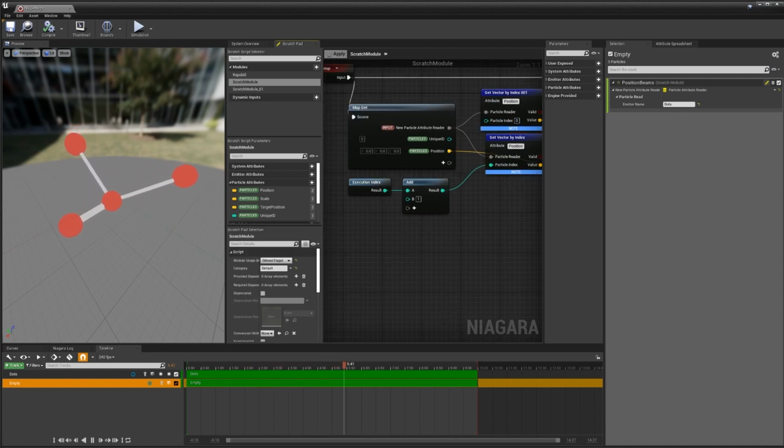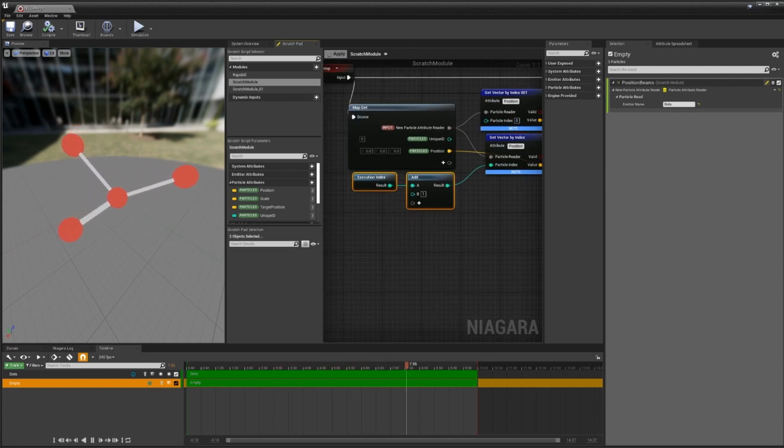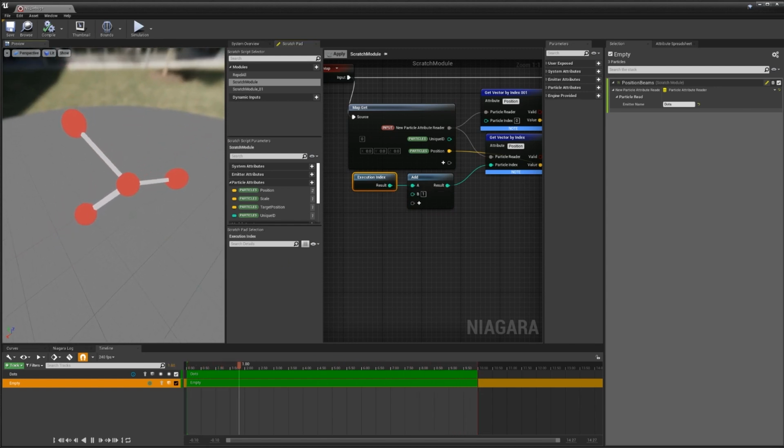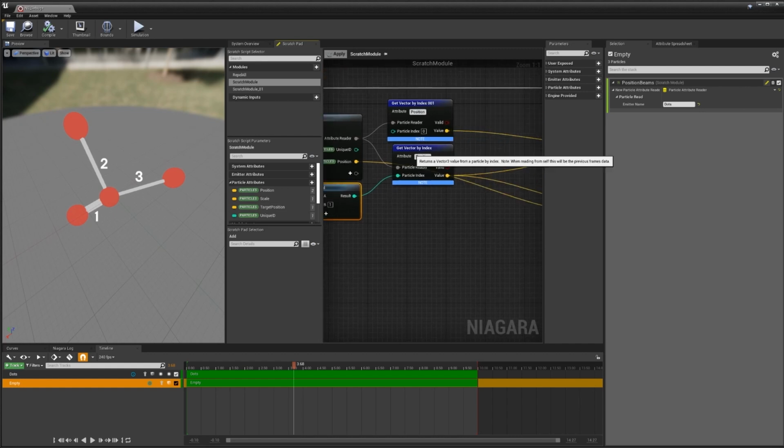And at this one, we're getting the execution index of our connector. So in this case, you can imagine it as, let's pause this, connectors 0, 1, and 2. What this will do is get that number, 0, 1, and 2, add 1 to it, so this becomes 1, 2, and 3, and then get the corresponding particle, in this case 1, 2, and 3, ignoring 0.